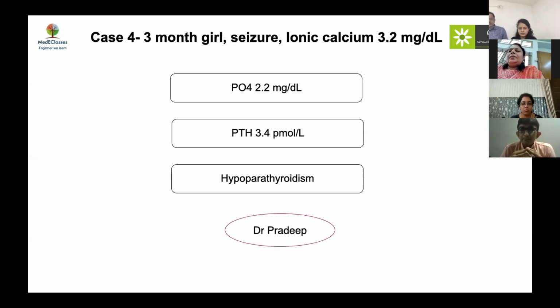So I think the big message here is that we expect that anybody who has hypoparathyroidism should have a high phosphorus. If your phosphorus is low, it means your PTH is working. So why does that girl have a low PTH? This becomes the big question to ask. And Dr. Pradeep had very nicely said that if you're not handling PTH properly, if it is allowed to stay there, it will be degraded, as it is a labile hormone.